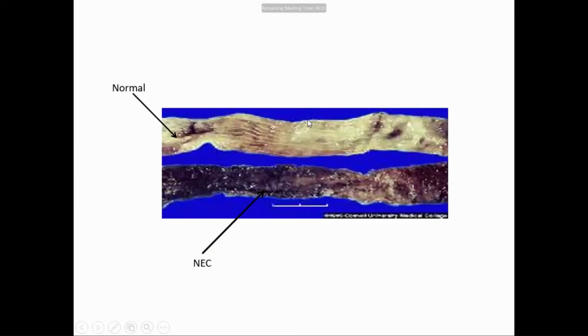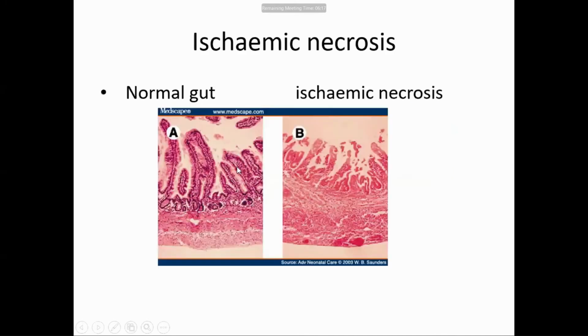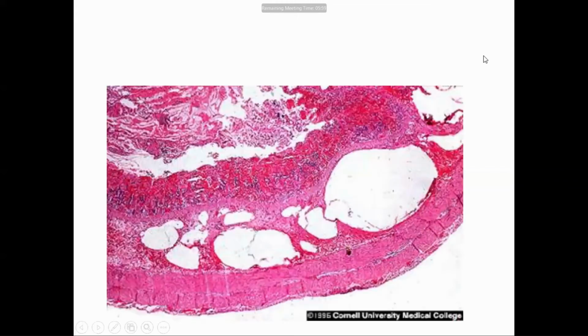Now this is a normal gut of a child. And this is the NEC. You see the hemorrhagic bleeding, necrosed part, blackish, that gangrene is there. And under the microscope, these are normal villi of the intestine. Here they are all necrosed. See normal wall, normal villi. These are necrosed villi and necrosed wall. This is vascular congestion because of inflammation. Now these are the gas.